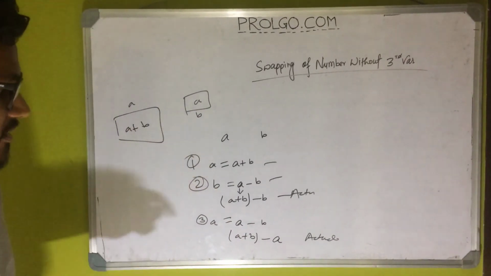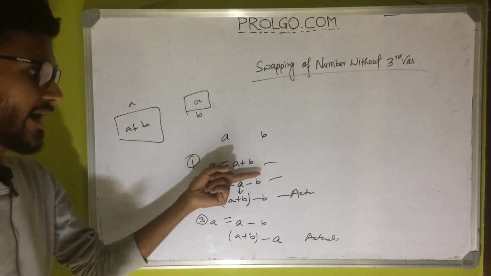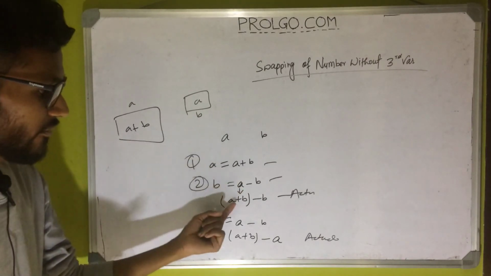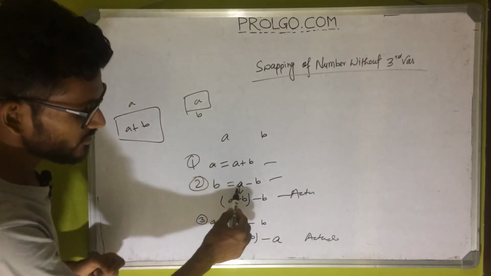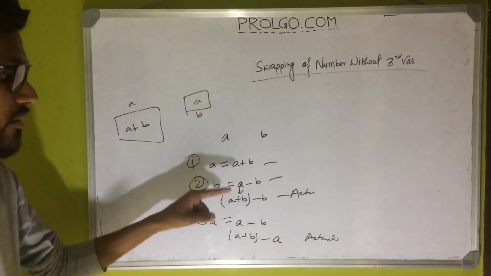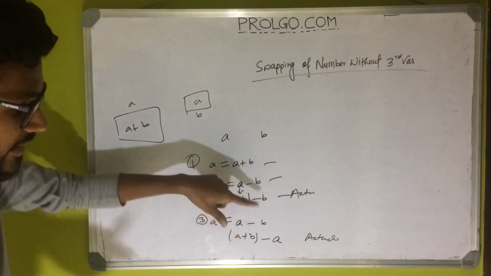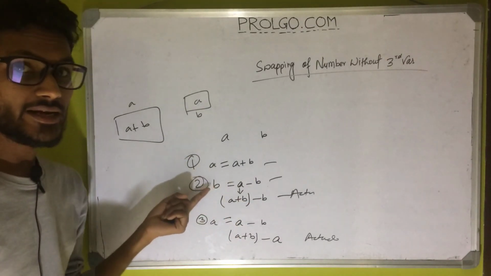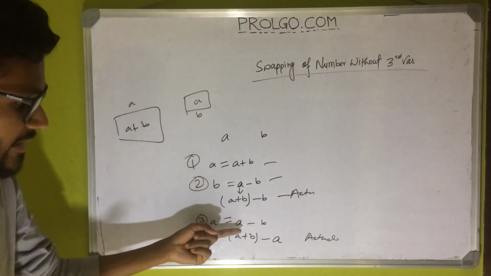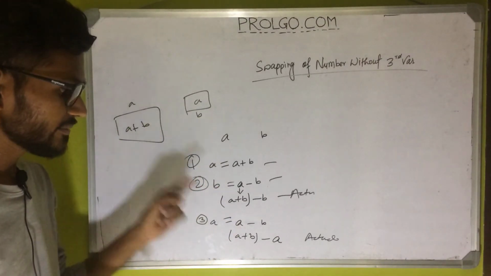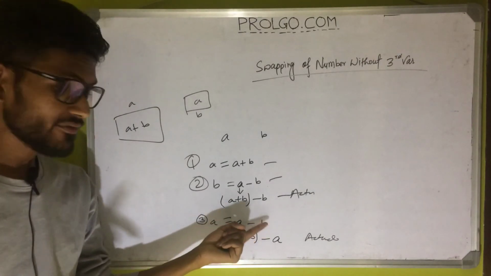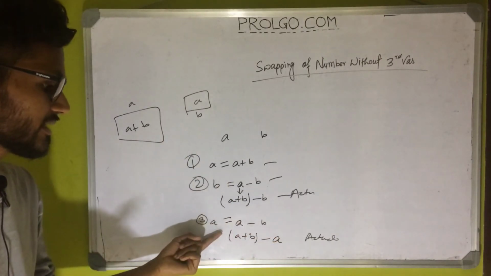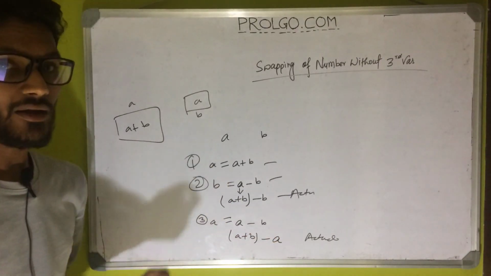So we have three lines of statements. In the first, we add both the numbers and put the result inside a. Then in the second line we use a plus b minus b, and internally we get the value of a and store it into b. Now b contains the value of a, and at the same time a contains a plus b, and b in fact contains the value of a because we have executed the previous statement, and we put the result inside a. By doing this, our values will be swapped.